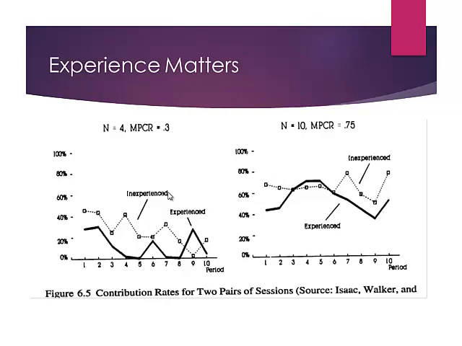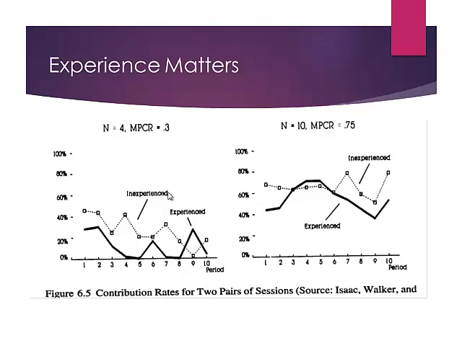So the first is small group size and small marginal private benefit. The second one is large group size and large marginal private benefit. In the second one, you see that the contributions have gone up, both for experienced and inexperienced players. And overall, it does seem that experience leads you to contribute a little bit less, but not that much different.